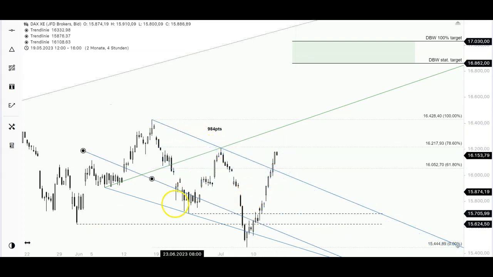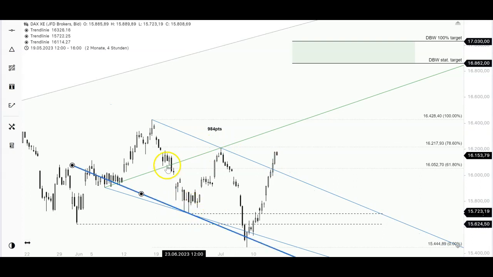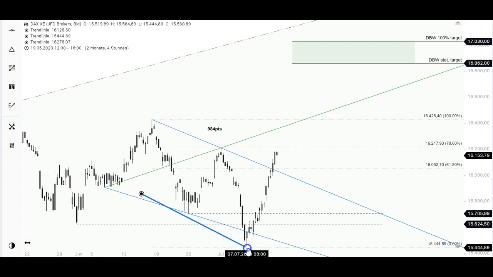Once you take that upper line and you put it right here, so you make like a parallel line, you see that we overshot right here. So in other words, we have an expanding diagonal, which is also called a descending broadening wedge. We get a wider open wedge to the downside. And what you do here is you measure that greatest height again from that high to that low, which is 984, and this time you take